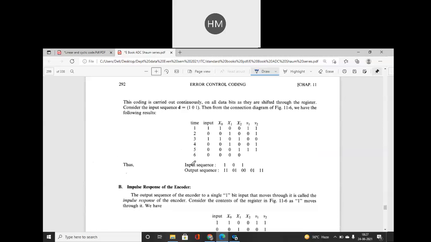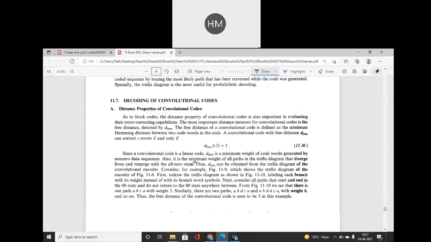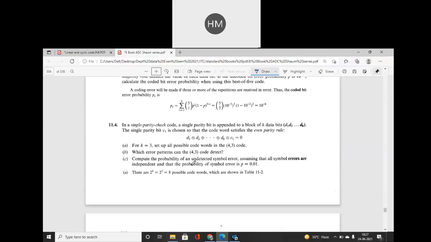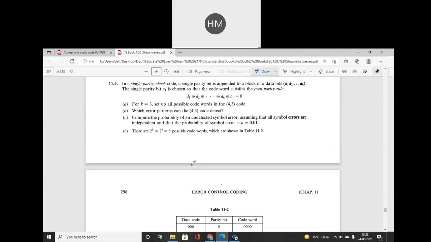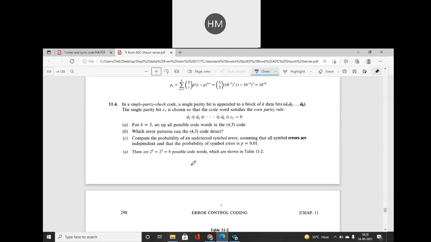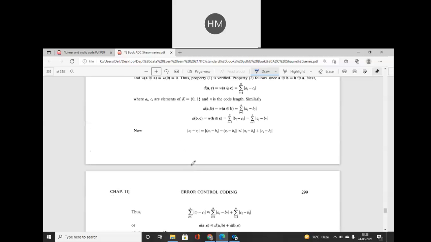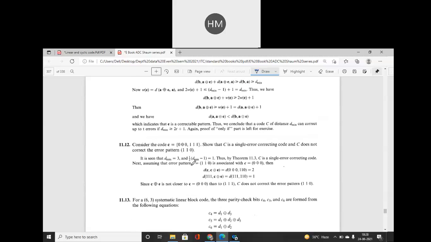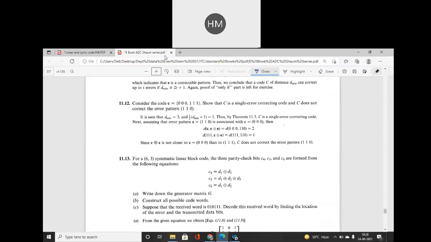Okay. Now you can simplify the numerical part of this. You will just write down the numerical. Just wait, I will show you a good numerical you can do. Write down, student, this numerical 11.13.